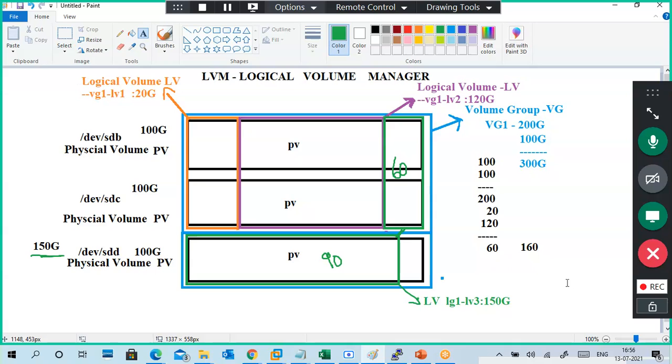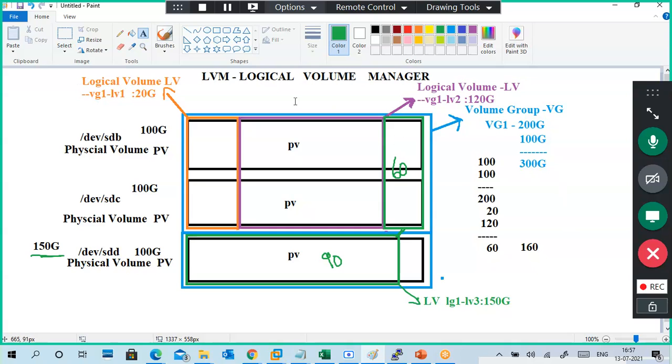What to do? Again add another hard disk. It is not required to always purchase a hard disk. Normally you have different types of hard disks in your organization, with free space in the hard disks. We can take that free space, combine all these spaces and create one single large volume group. In that volume group we can create logical volumes as per the requirement and availability, and you can extend your volume group.